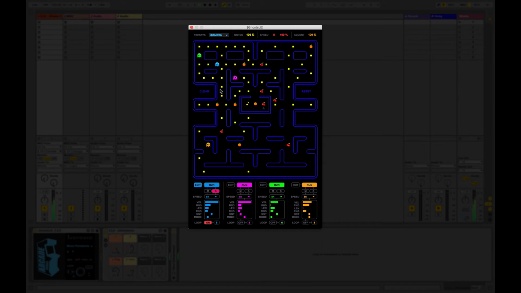This allows you to create some familiarity within the sequence. Even though they're quite random, you could have two of the ghosts looping and then another two running around randomly. Whilst the ghost is looping, you can still play with their settings, like velocity, randomized velocity, the note length,